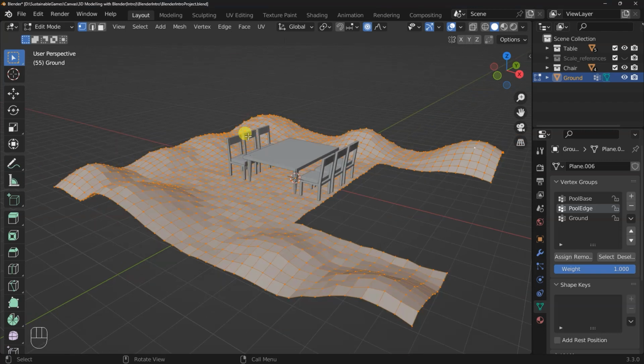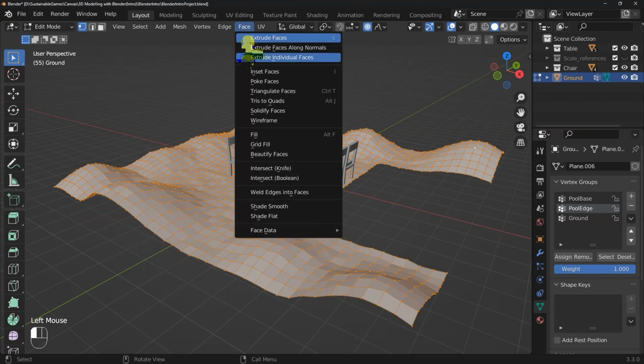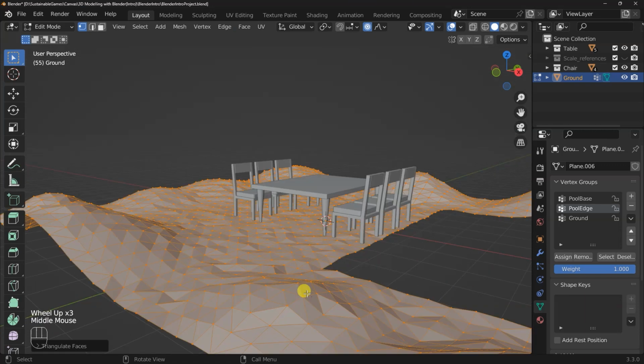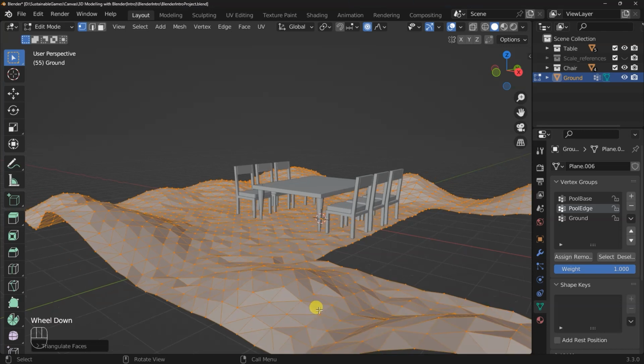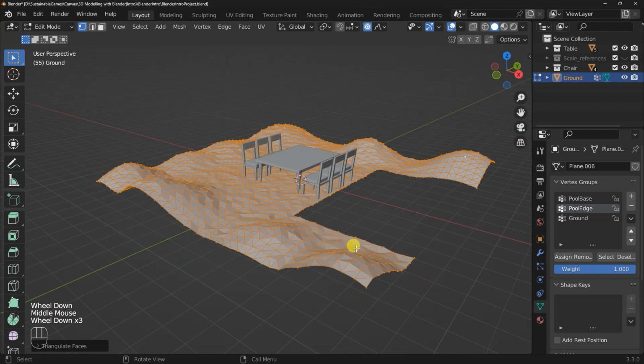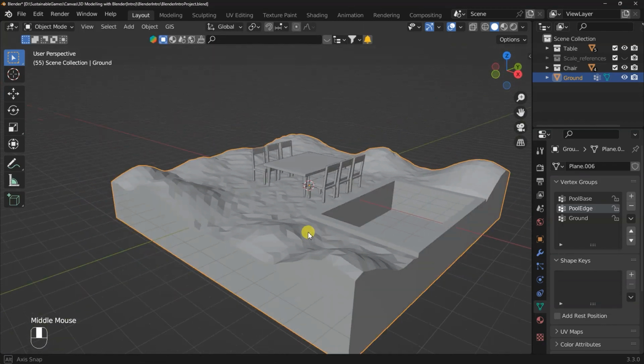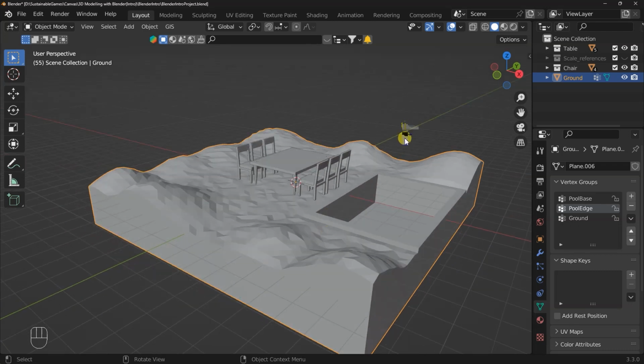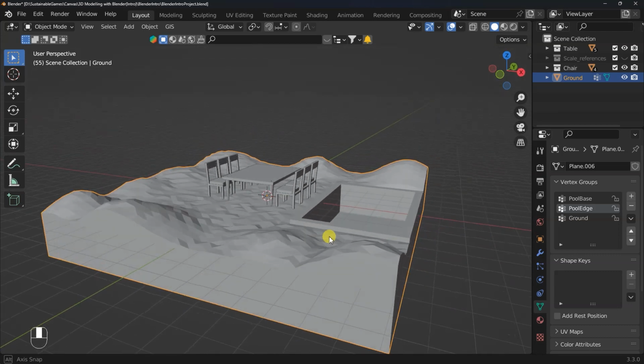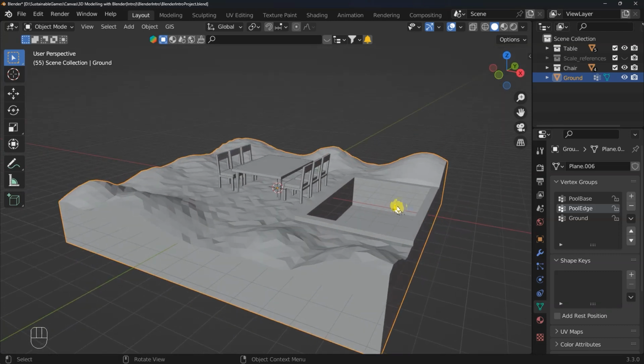So to triangulate the surface, I can just go to face and triangulate faces, and you can see that it can draw a line in between that square face, and it will recalculate the direction for that face, adding some sharp edges to it. So if we were to tab out of edit mode, you can see the fine roughness it's giving it as well. Good. So we've been able to create a nice looking effect for the ground,